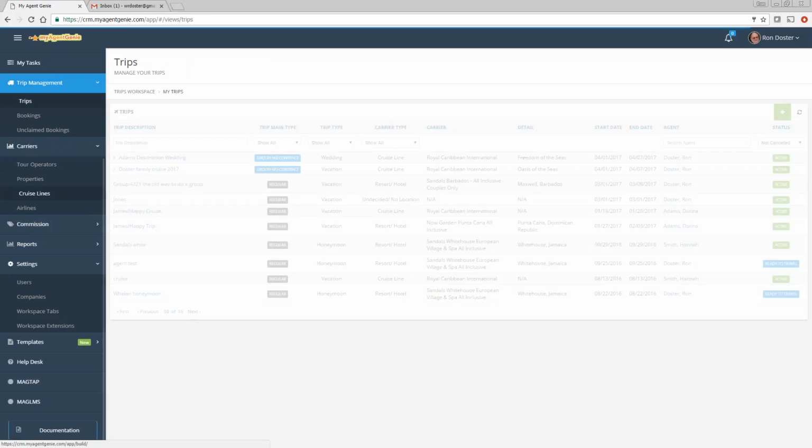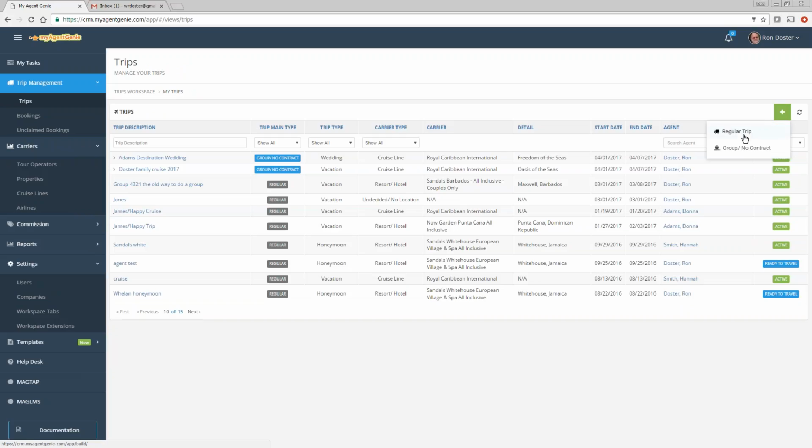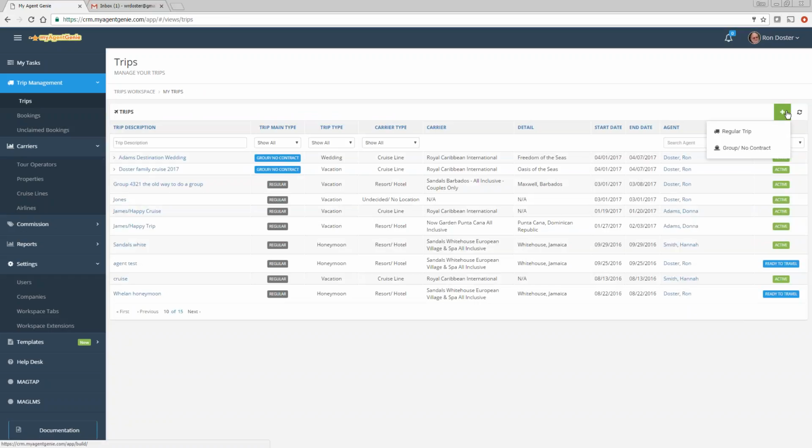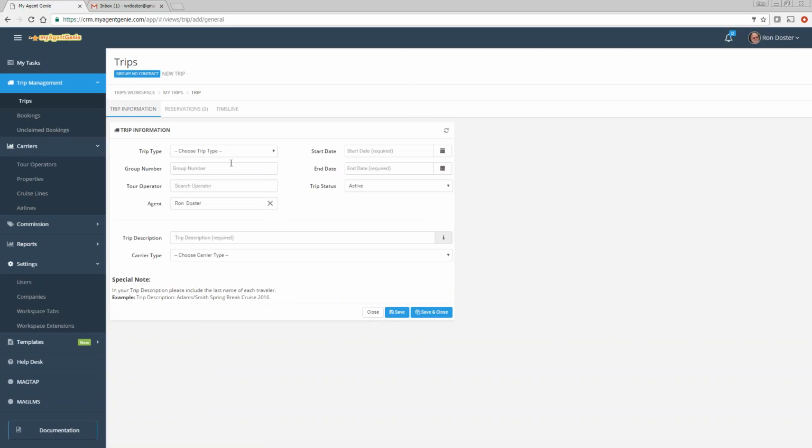So I got my trip, so I'm going to add a new trip. And this is just going to be a vacation, and no, that's not what I wanted. I wanted a group, so trip, add a group, and it's going to be a vacation, and then I'm going to put Doster 32017. Okay, I'm going to pick FunJet is who we booked it with,